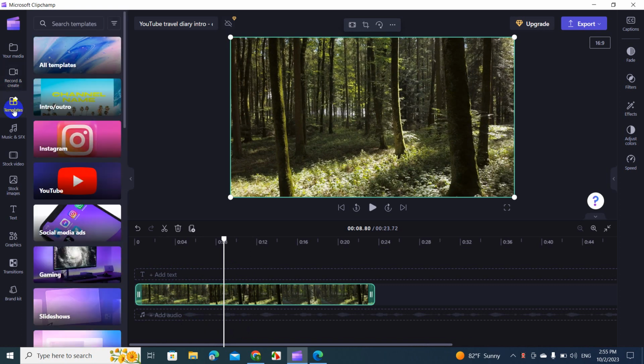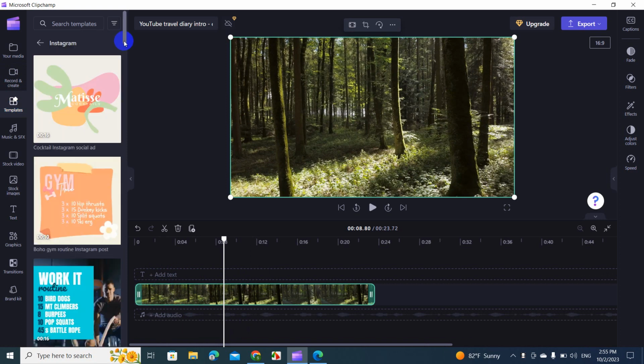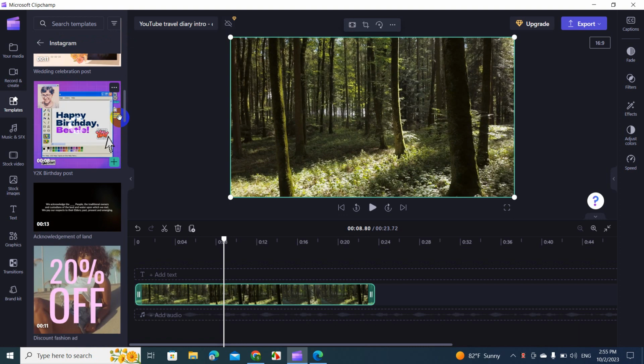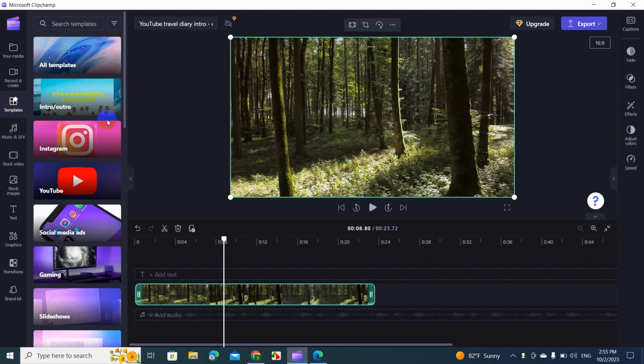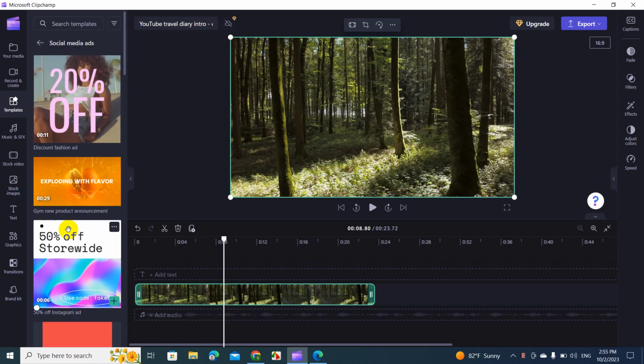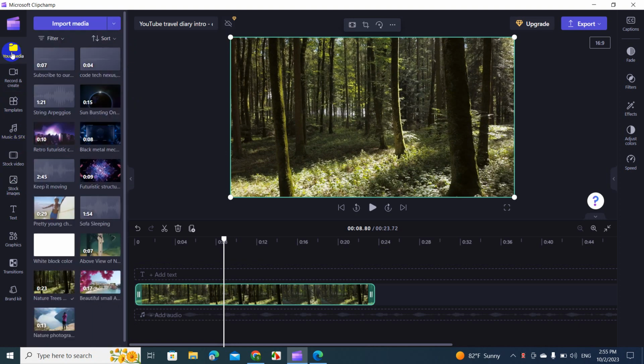Now templates, I haven't walked through those a lot, but you can add templates like your social media stuff. They have a subscribe and all of that stuff. I seen it somewhere. You can add some other stuff like ads. They're free. Some of them are for upgraded. Of course, the best ones are for the upgraded members. So you can add more. So all media, let's go to all media. You can find other